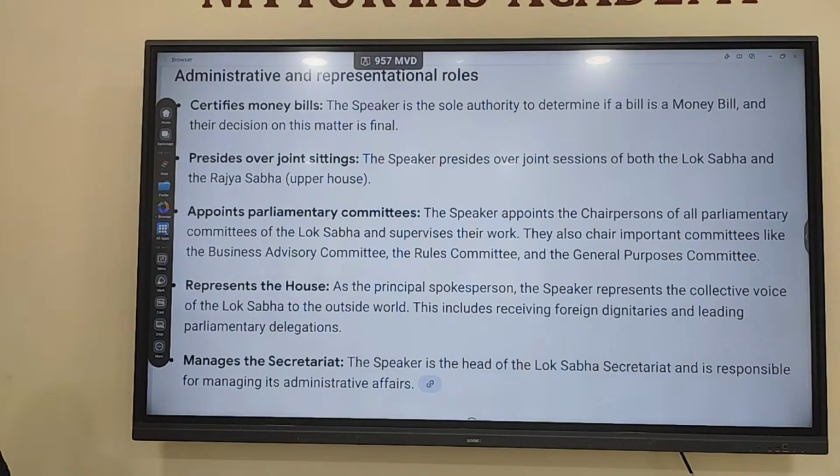The speaker has the power to vote there, but the deputy speaker does not. And along with that, the elections for the deputy speaker, that is also through the help of simple majority. Okay. But